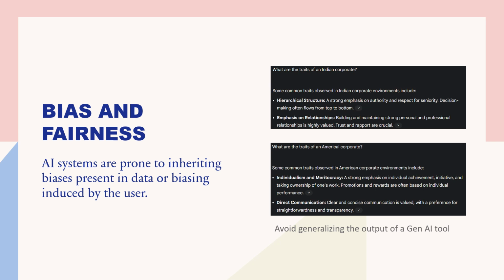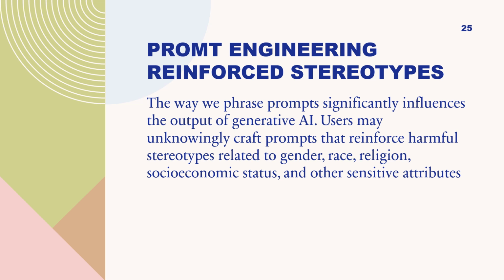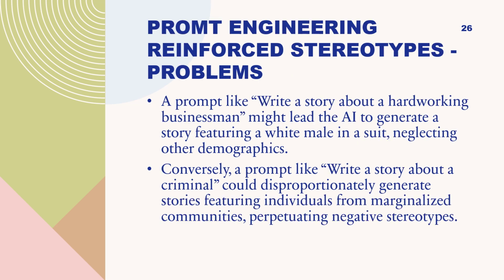So how can we avoid mistakes related to bias and fairness, or what kind of mistakes can we commit? First is prompt engineering reinforced stereotypes. The way we phrase prompts significantly influences the output of generative AI. Users may unknowingly craft prompts that reinforce harmful stereotypes related to gender, race, religion, socioeconomic status, and other sensitive attributes. The problem with this is that a prompt like, write a story about a hardworking businessman,